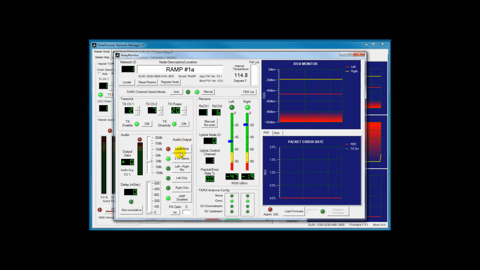The audio output can be independently manually muted. Now this implies that the scheduler is not on, overriding your manual mute, but if the scheduler is not on at the master, you can individually mute each remote with this button. In the standard